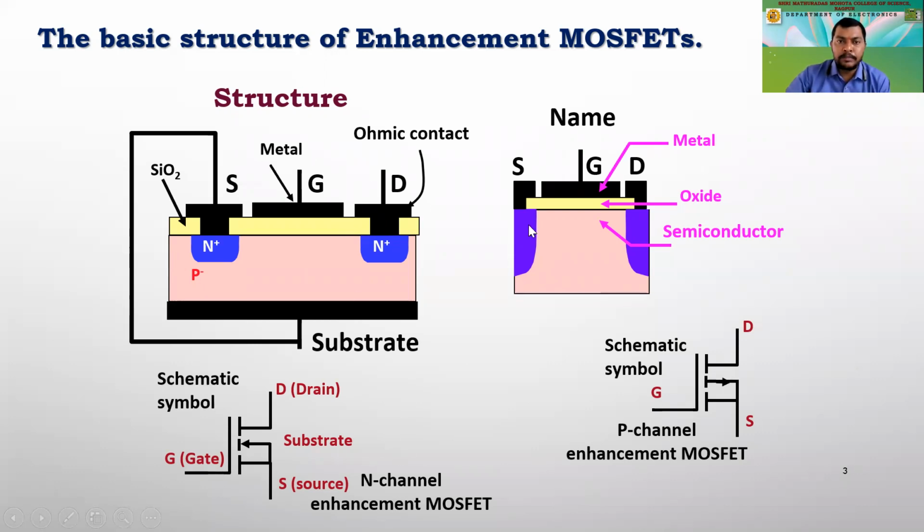I guess you have understood the basic structure of it. We are having a substrate. Then on that, P-type material is being grown, extrinsic semiconductor is being grown. Two N-type heavily doped materials are being induced in this P-type substrate. We call them the drain and source. And then we are having a silicon dioxide layer on that, and we have one metal which is placed over here, which we are calling the gate. Okay, so this is the basic structure of the N-channel enhancement MOSFET.